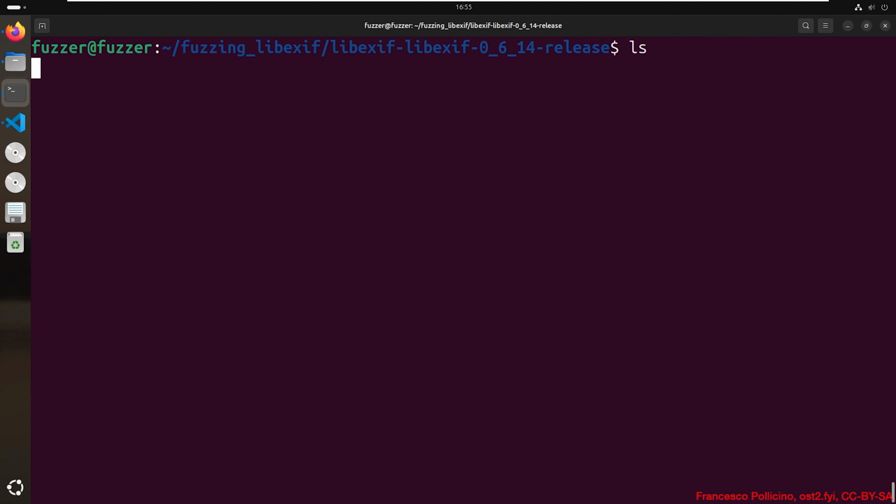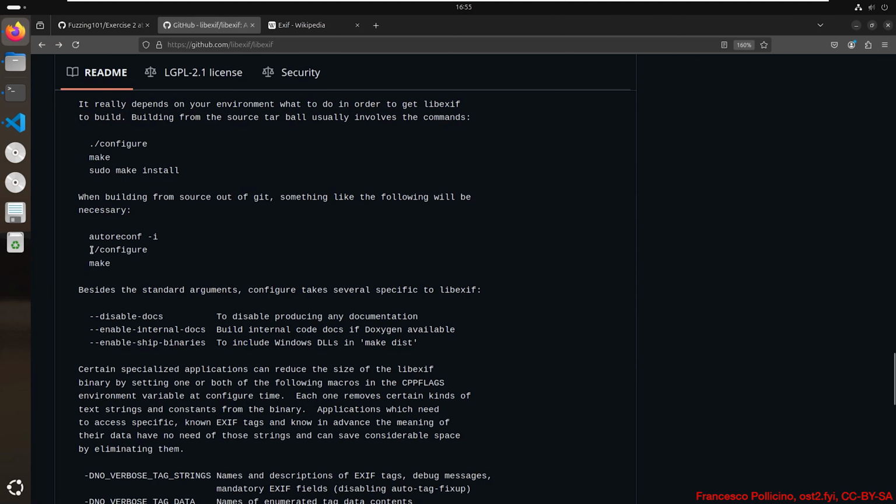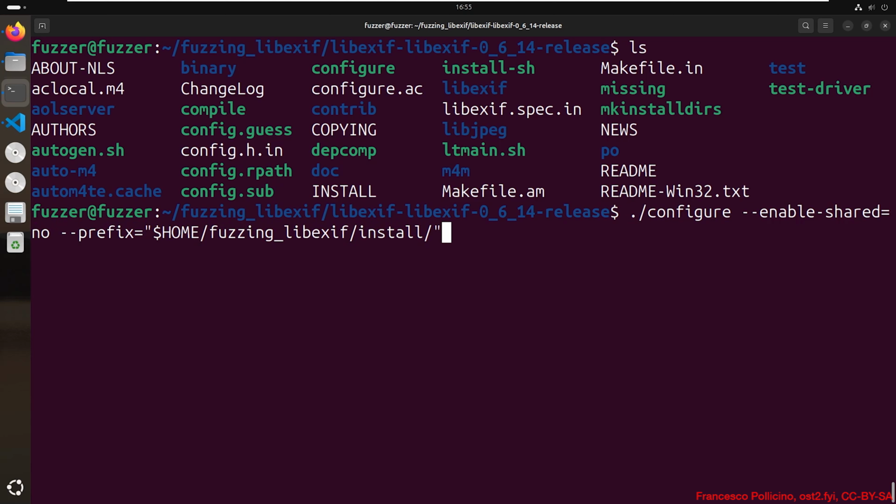Okay. Now we have the configure script, so we can run configure like in the documentation, but with some extra parameters. In our case, we call configure, but first we want to disable the creation of shared libraries, and second, we want to set the installation path.